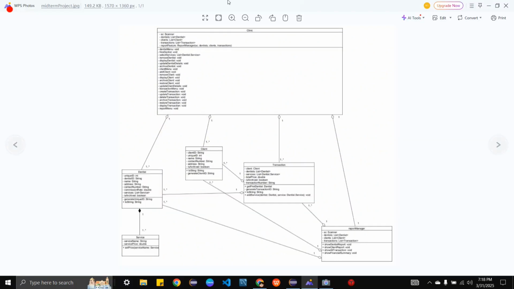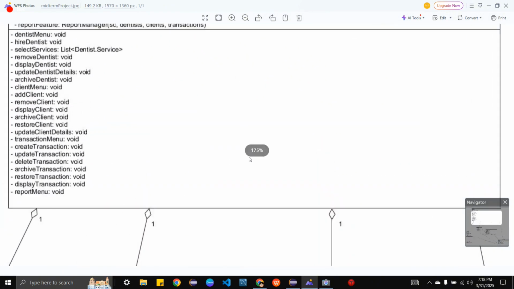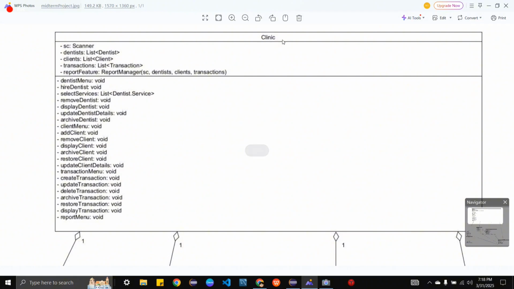So, Dangal greetings and a blessed day again to everyone. Now, let me explain to you the UML design or class diagram for the clinic management system. For our main class, which is called clinic, we have here 5 different attributes that are all private.